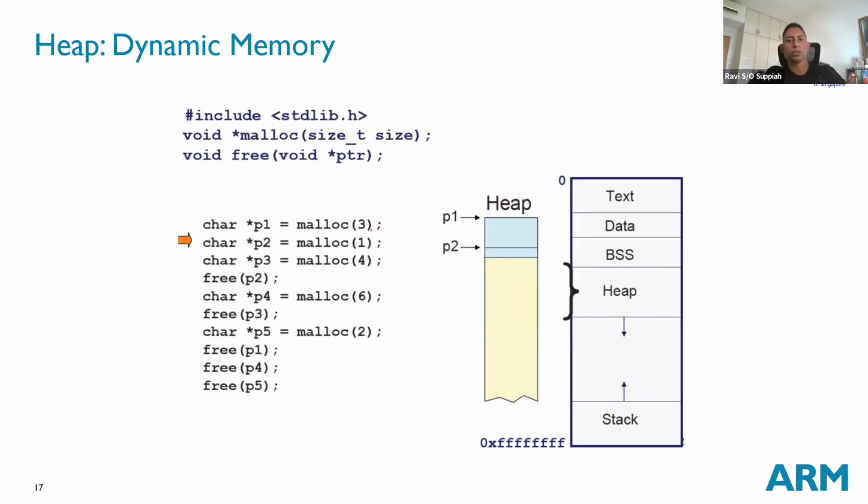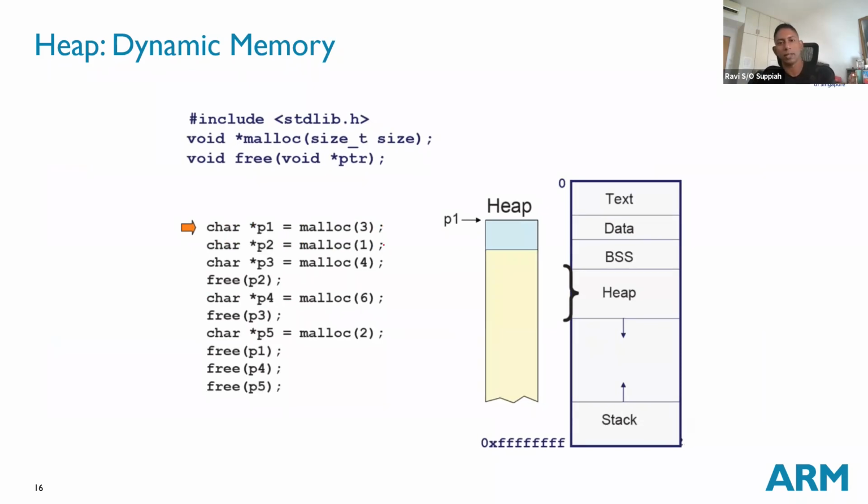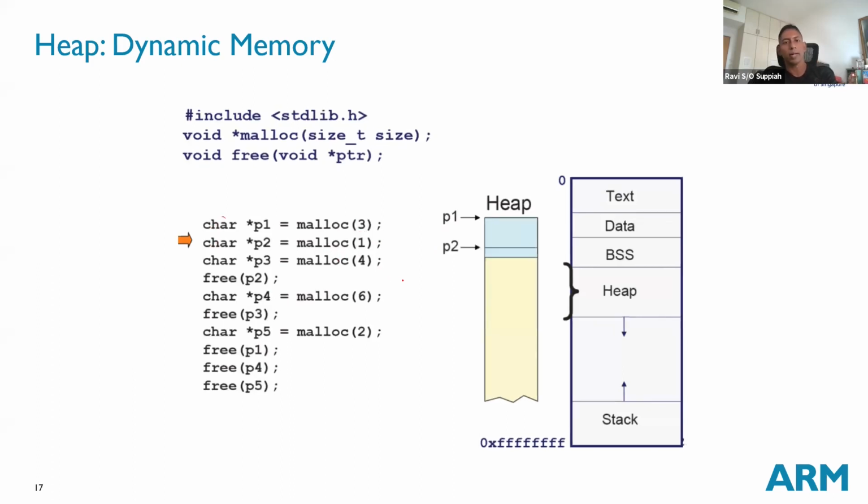So once I allocate 3 blocks, when I execute this first line of code, I'm telling the program that I want to allocate 3 blocks over here. Once I allocate, then I will call another malloc. As you can see over here, what I'm showing you is one allocation mechanism where